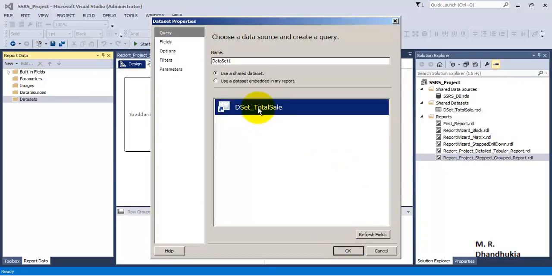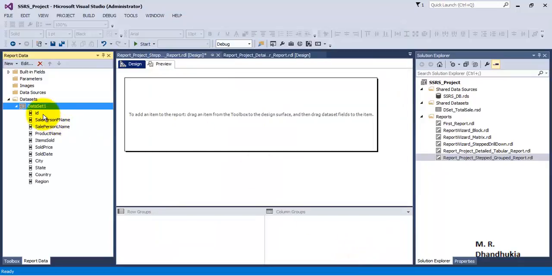This data set we had created in one of our earlier video tutorials, and the data query inside this data set is just selecting all the records from our total sale table. So let's click OK. We can see all the fields from our total sale table. We are just having a select star from total sale table.